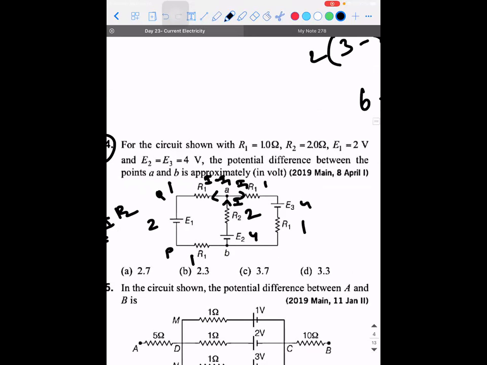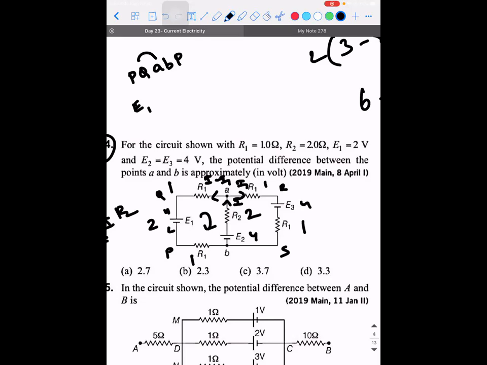P, Q, A, B is a loop. I'll consider the loop P, Q, A, B, P. So P to Q, low to high, and clockwise. I'm comfortable with clockwise. So P to Q, there is a battery, so you are gaining energy. That's E1. When you're going from Q to A,